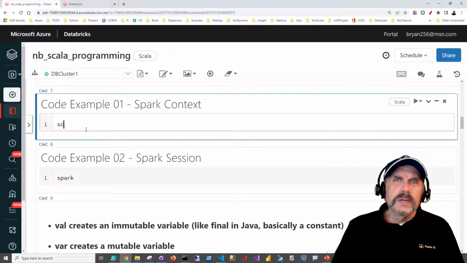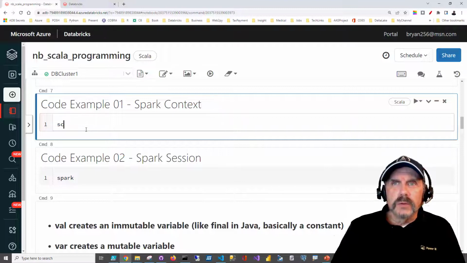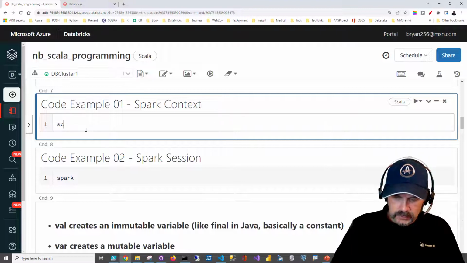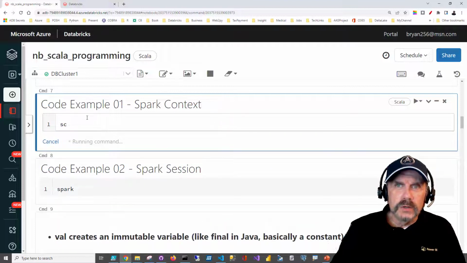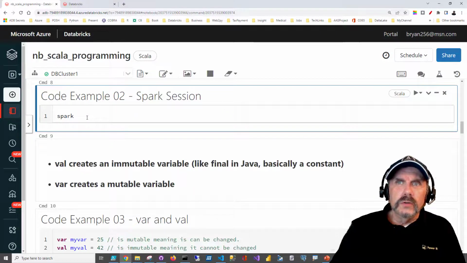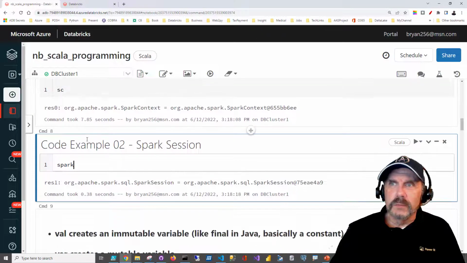Now there's two ways we can connect into the Spark environment when we're accessing things. One is called the Spark context, which Databricks automatically gives you an object variable called SC to connect to. That's actually a little bit of an older way to connect in, but we'll be doing that when we do RDDs. But you can also use what's called the Spark session. I'm showing you these. You can see not really a lot to see here, but there's an object for each of these.